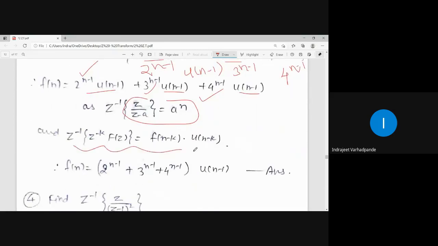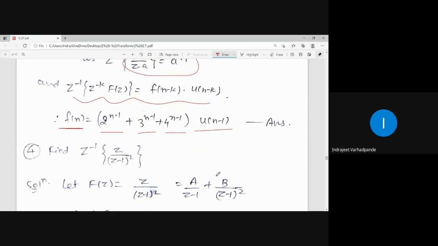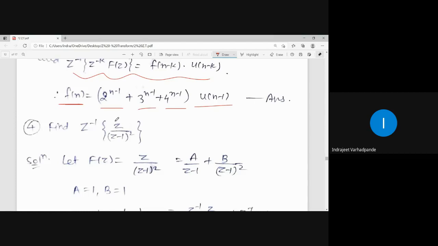This is the shifting property to the right. Shifting property to the right, and therefore I am getting the answer sequence f of n as 2 to the power n plus 3 to the power n plus 4 to the power n minus 1 into u of n minus 1. Again, one of the examples wherein it can be resolved with the help of the partial fraction,